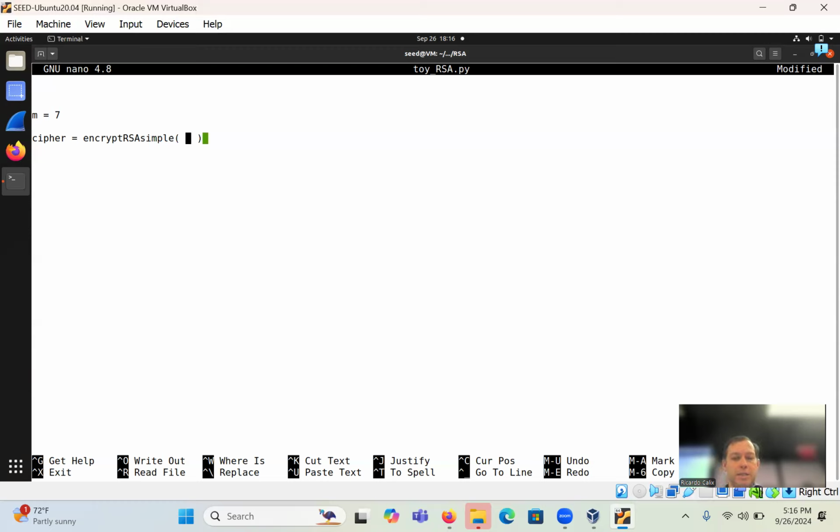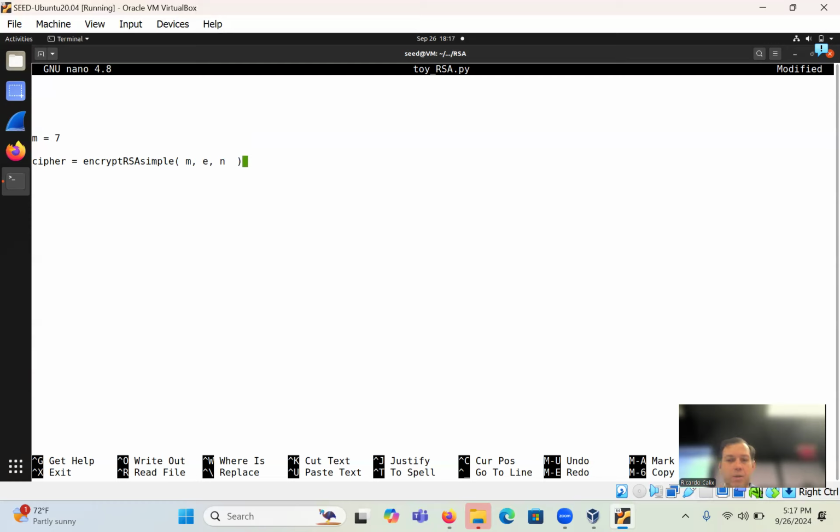All right, so let's have m, comma, e for the encryption exponent, and n. Right, so these three parameters. So of course, n would be some value,